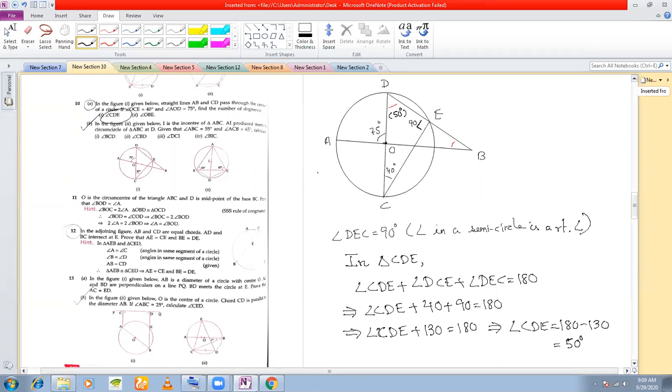Okay. So now, how to find out the other angle? That is the question. Now see, the other angle is very easy to find. If you see the two red angles that I have marked, one of which you have already calculated, these two are interior opposite to which angle? 75 degrees, right or wrong? Where 75 degrees is the exterior angle of this triangle. Look at the figure. This 50 degree angle and this angle here, they are interior opposite angles to which exterior angle? 75 degrees. Do you agree or not? Tell me.